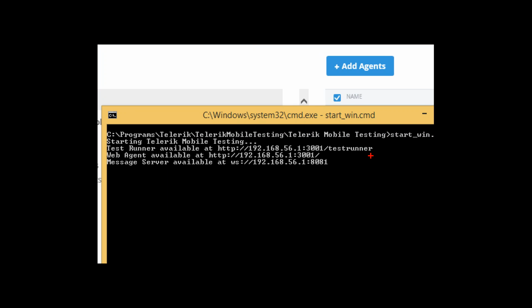If you see here, we have some things happening on our console window. It says test runner is available at IP:/test runner. Web agent is available at, again, IP:/port. Message server is available at WS://, and IP:/8081. So basically, the Telerik mobile testing framework is nothing but there's a test runner which does the